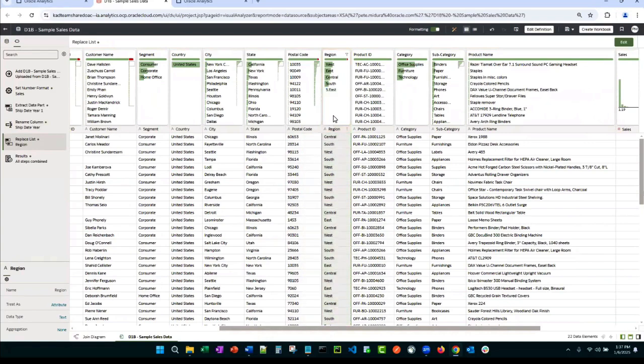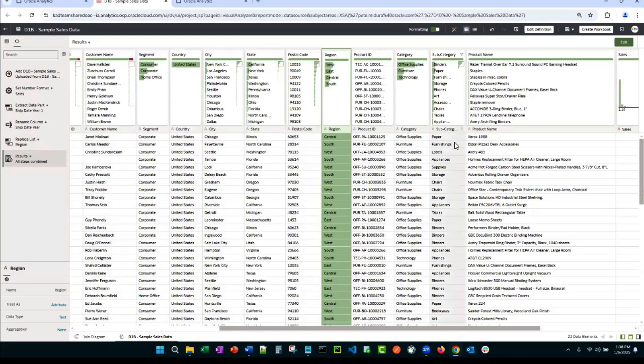Now, what's this system actually doing? It's just doing a replace function over here. And if you notice, all of the changes we're doing are being captured here in this audit log. So that means anything you do with your data in these data preparation areas are going to be tracked, but a user can also come back here and edit it, delete the step, reorder them, which really means you always are going to know how your data got from A to Z within this platform.